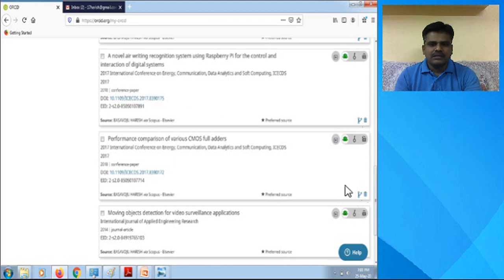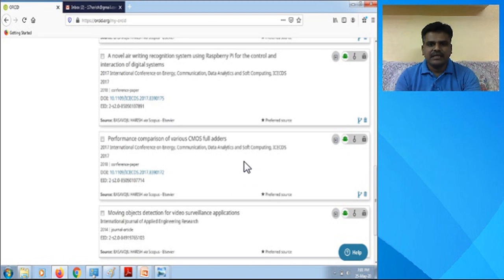Nowadays all the editorial interfaces, meaning the interface used to upload the details of your research paper before communicating the paper to a particular journal, are asking for an ORCID ID.